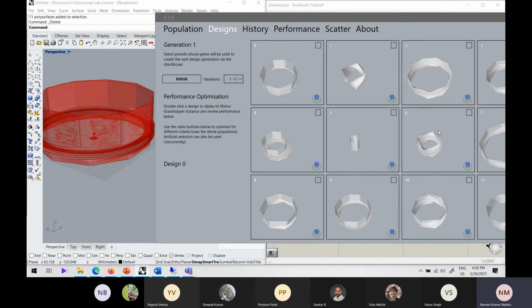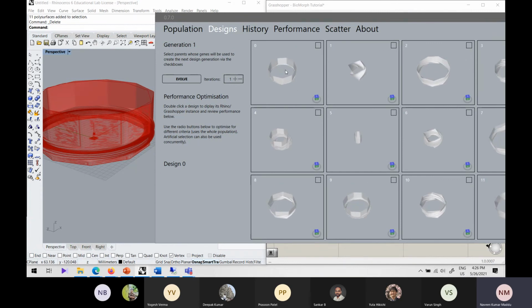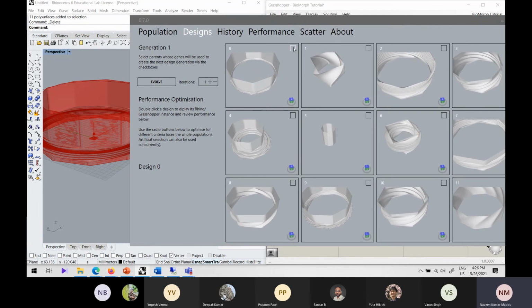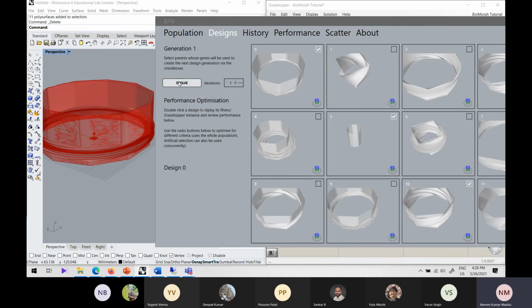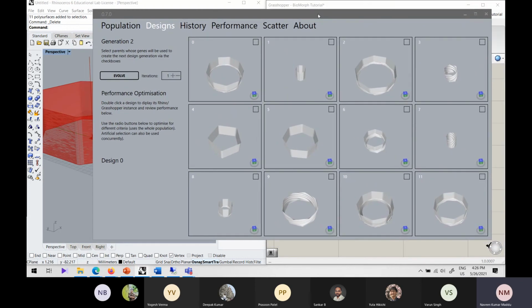Let's say I am happy with this, maybe this, maybe this. Then again, I can try to evolve. Based on the 3 crossovers and mutations, it will try to create something else. Then again it's created. Like this, you can keep on evolving, go through a number of iterations,